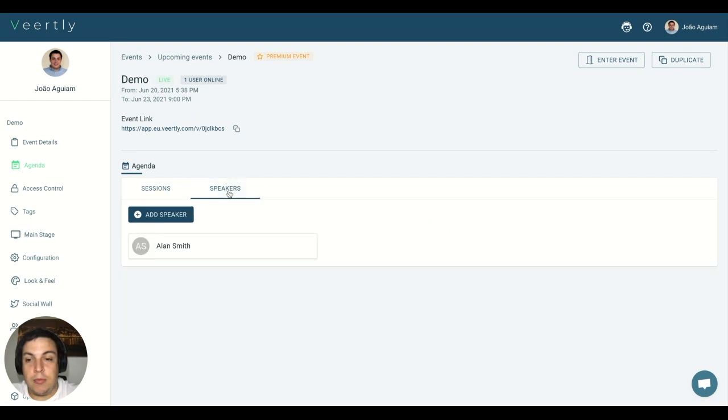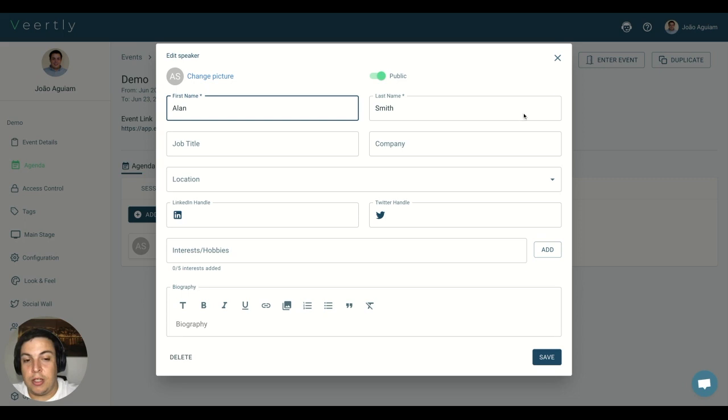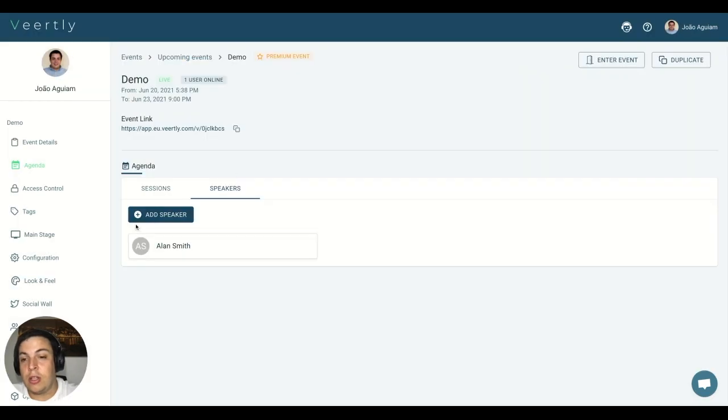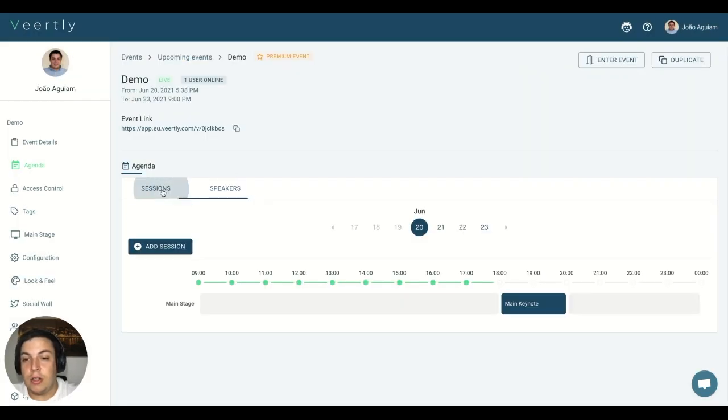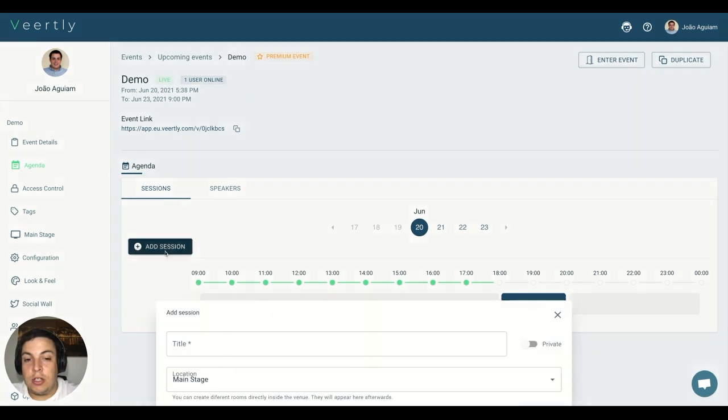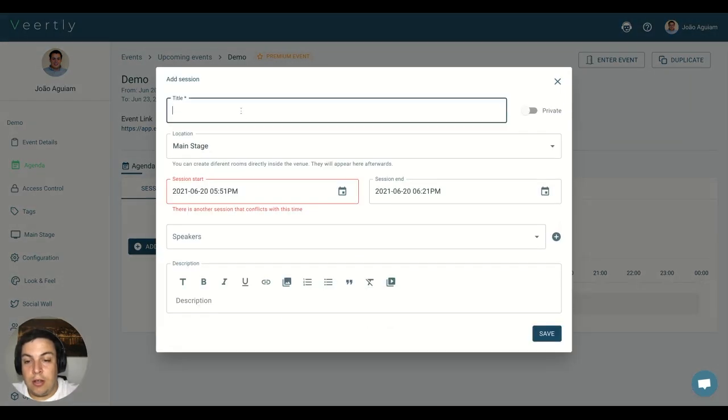You can add the speakers. You can see that the speaker is here. You can update the speaker, and it will be updated on the session as well as you can add a new speaker. Now, if you want to add a new session, you can type workshop